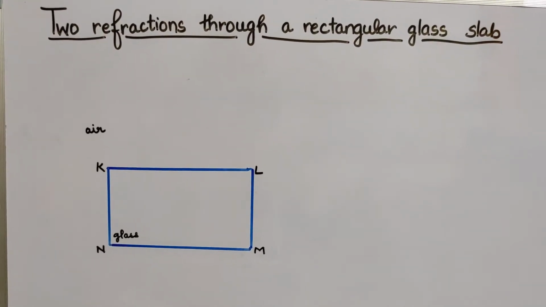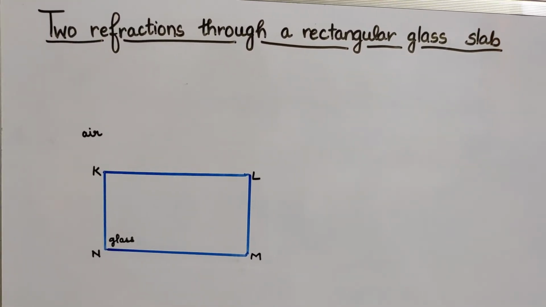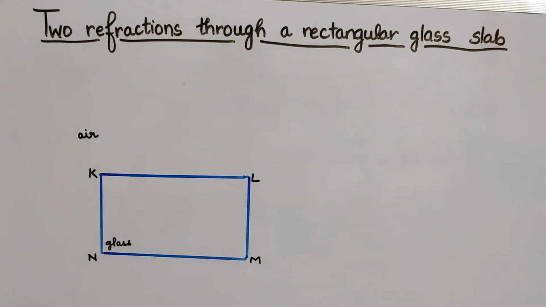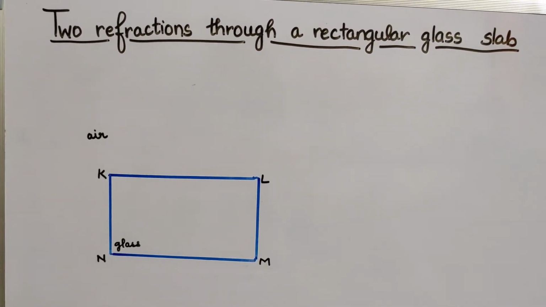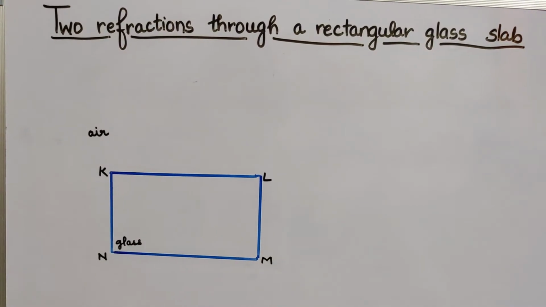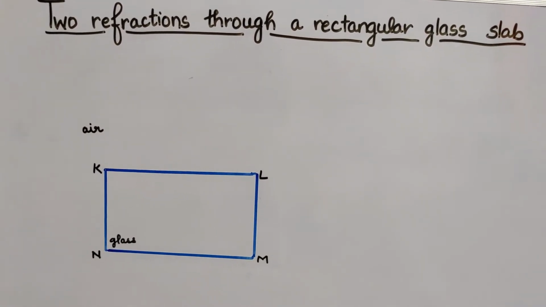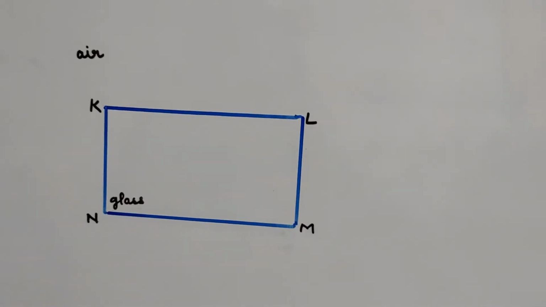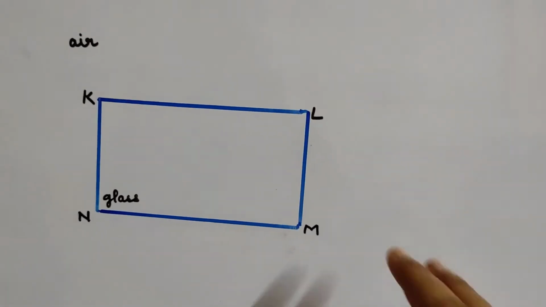Students, today we are going to study about two refractions through a rectangular glass slab. Why are we calling it two refractions, or why are we talking about two refractions here? We will see when we move further with discussing this. Now let us suppose that